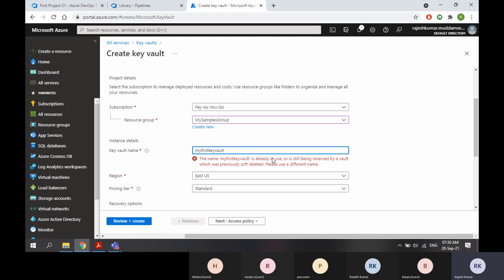So when I typed my first key vault and it says it is already in use, it means it is not in your account. Maybe in some other account, in some other region, the same name is being used.